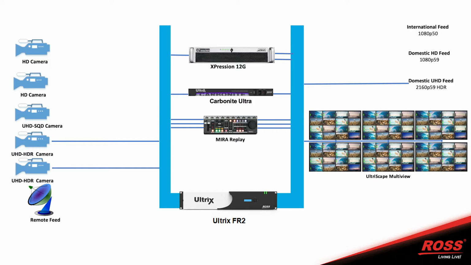We've brought with us a couple of HDR UHD cameras for the event, but we'll also be using some rental gear and some camera feeds from the venue. We'll also be incorporating a remote feed provided to us by the local broadcaster. Our primary output feed will be 2160p 59.94 in HLG BT.2020, our native production format. However, we also need to produce a domestic HD feed in SDR as well as an international HD feed. So, we've got a number of problems to solve to get all our feeds straight, and as always, schedules are tight. So, let's break this down.